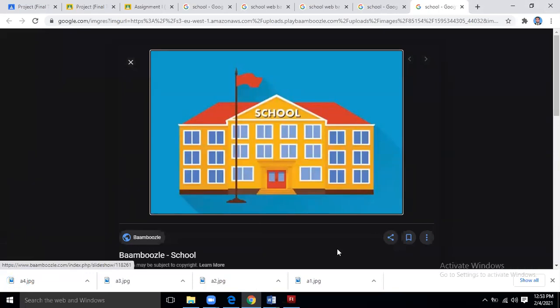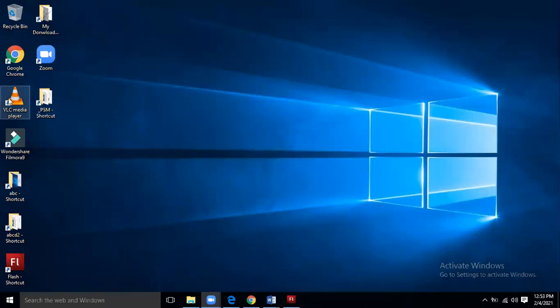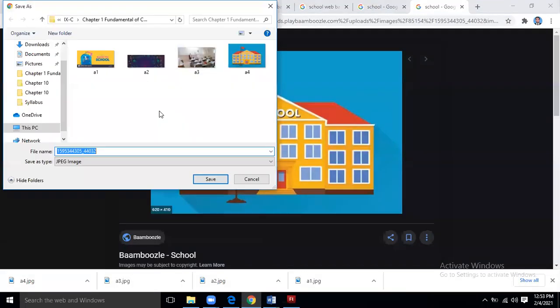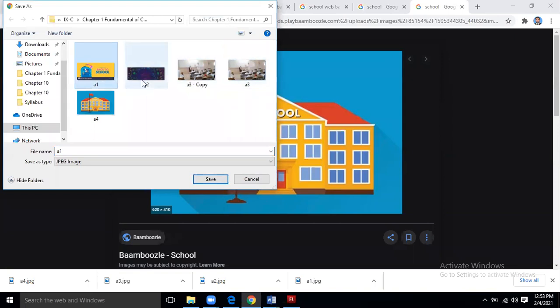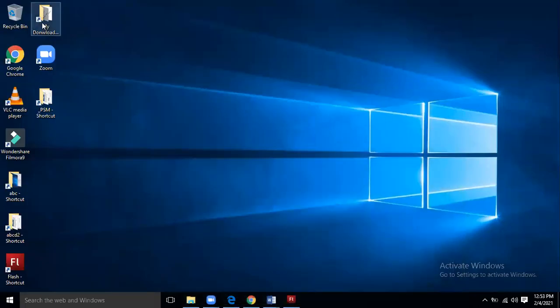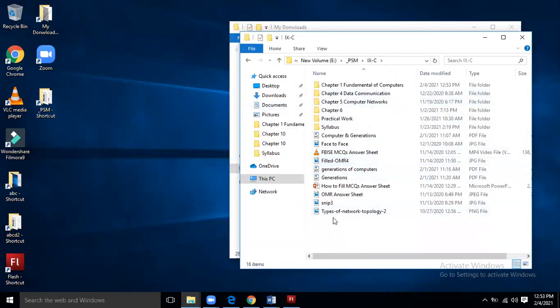Fine. So what we can do with it, if you need to crop the image or change the size of the image according to your requirement? I think I have saved them in this folder, these are saved over here.